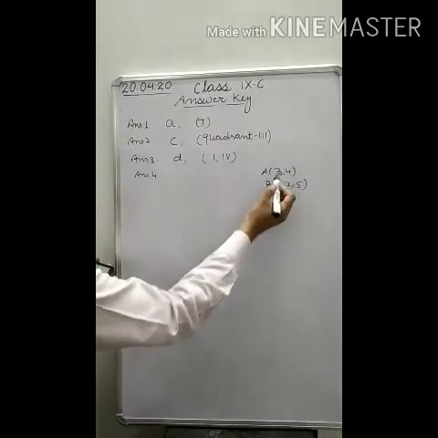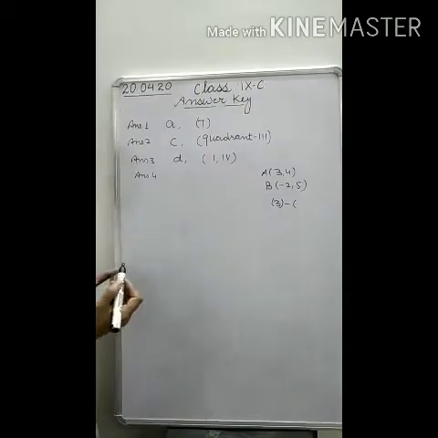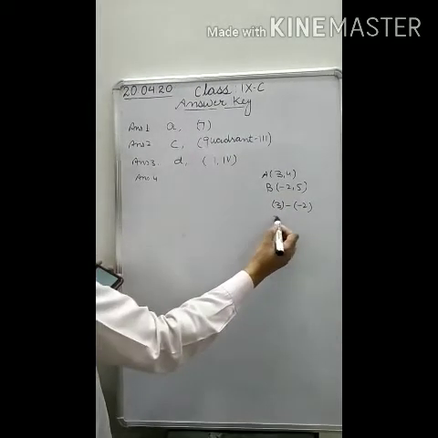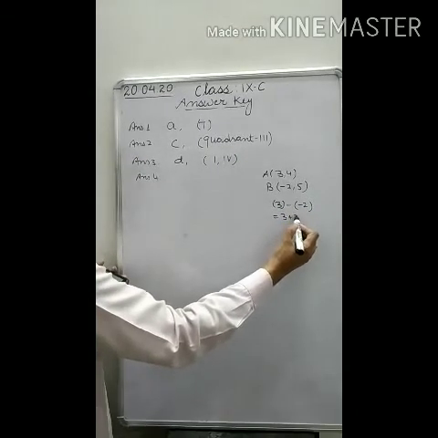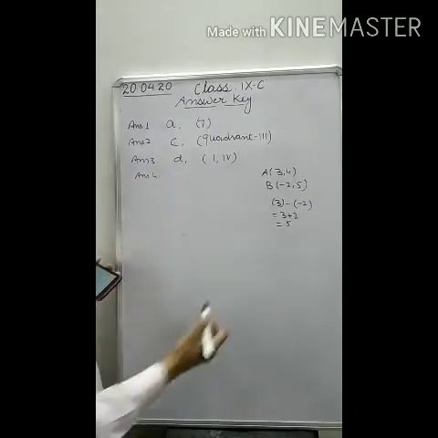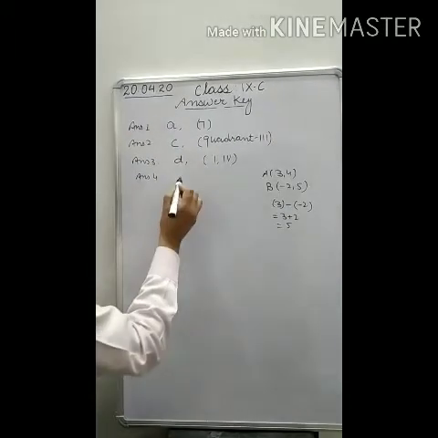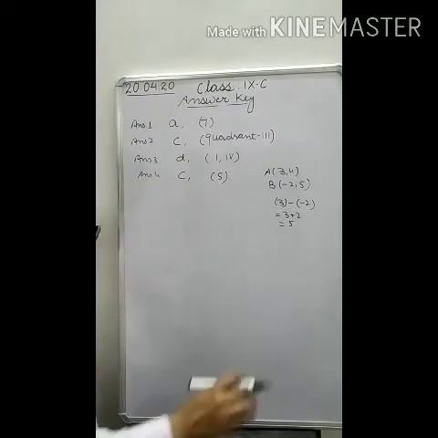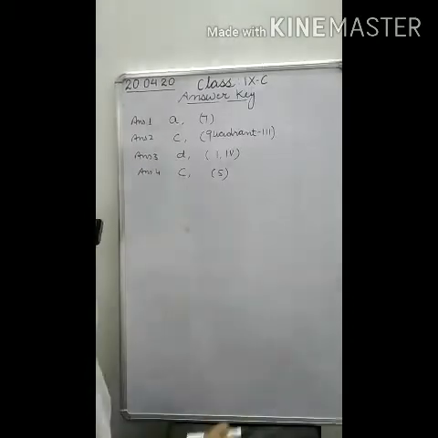Here, what is the abscissa of A? It is 3, minus the abscissa of B. What is the abscissa of B? It is -2. So when you solve, minus multiplied by minus will be plus 2. So what do you get? 5. So the abscissa of A minus the abscissa of B will be 5. So the right option is C, and you can write the answer in this way also. Now come to the next answer.